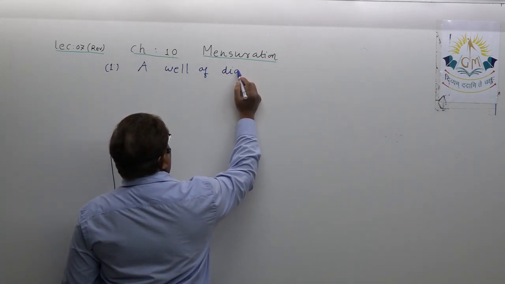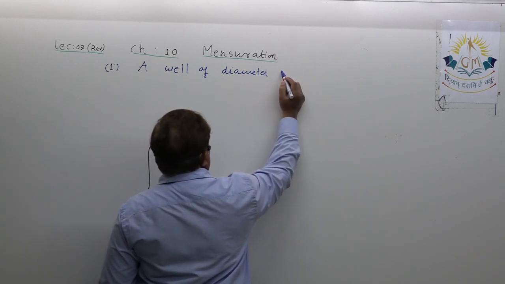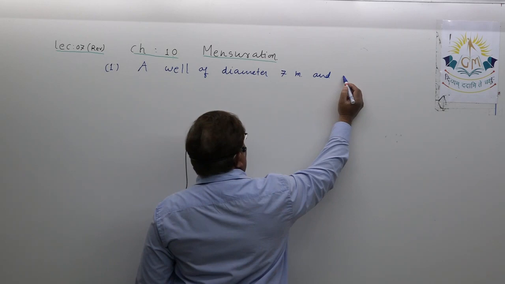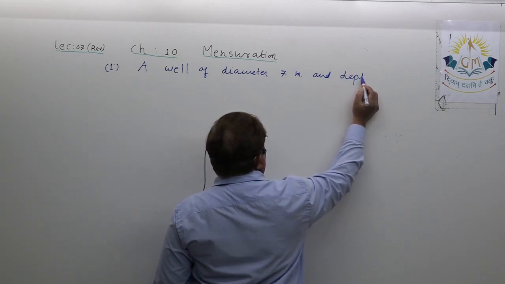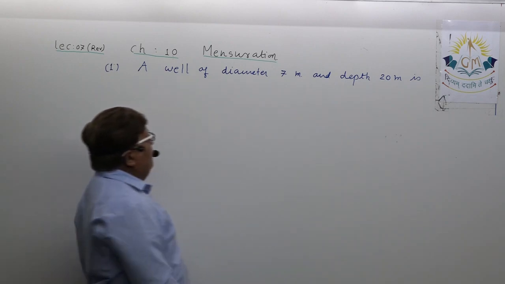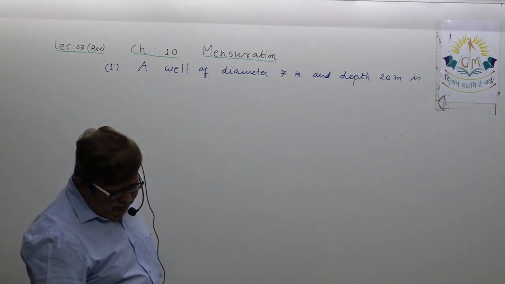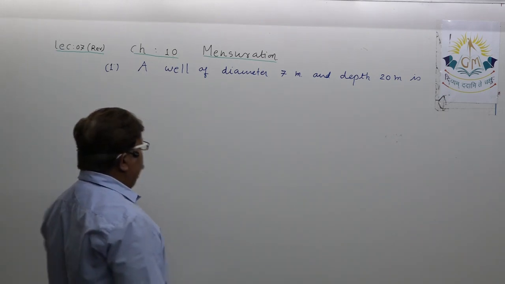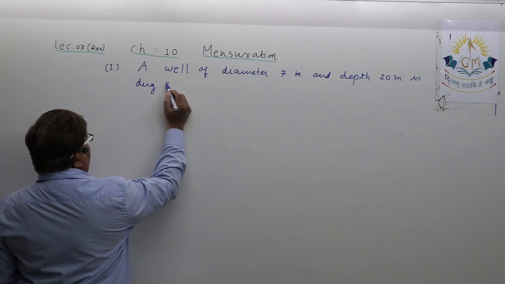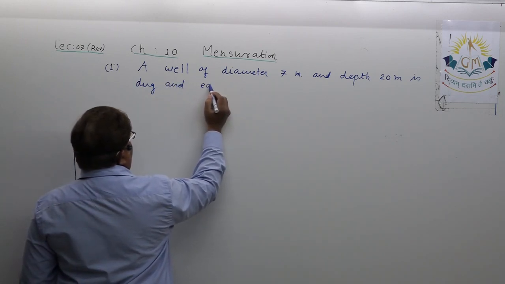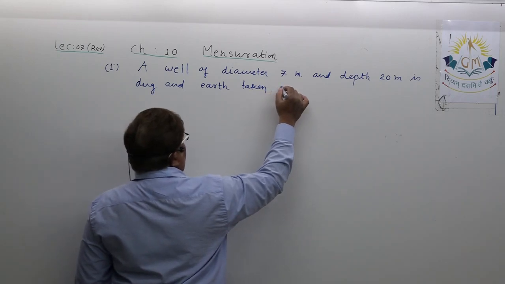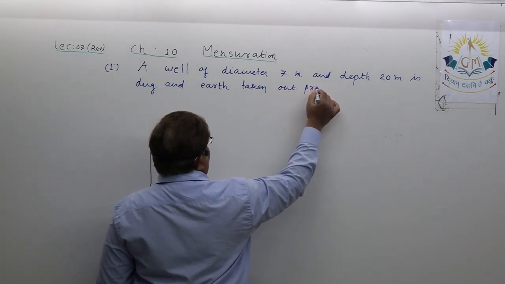A well of diameter 7 meter and depth 20 meter is dug and earth taken out from it